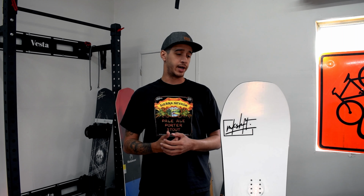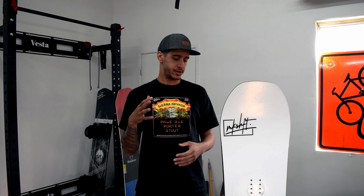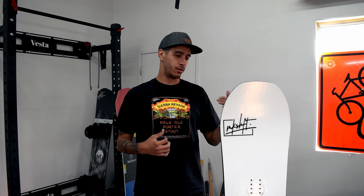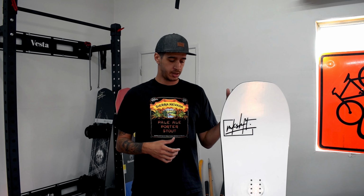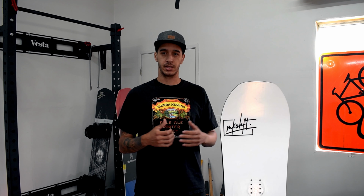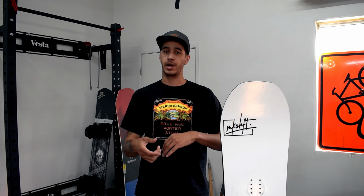So overall, I honestly love this board. I just wish that the side cut radius was a little bit bigger, just for me personally, because I'm just a huge dude and I want to go a little bit faster. But for party laps with your friends, slush laps in the spring, pow days, this thing is amazing. If you're trying to ride powder and you want to step up your game and start riding switch, not just like, oh, hey, I'm going to ride switch out of the landing for a little bit and then pop back around to regular,